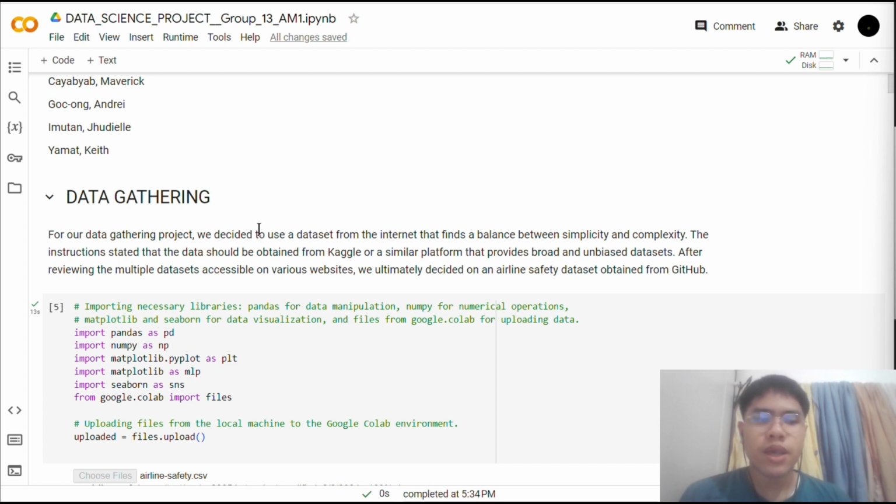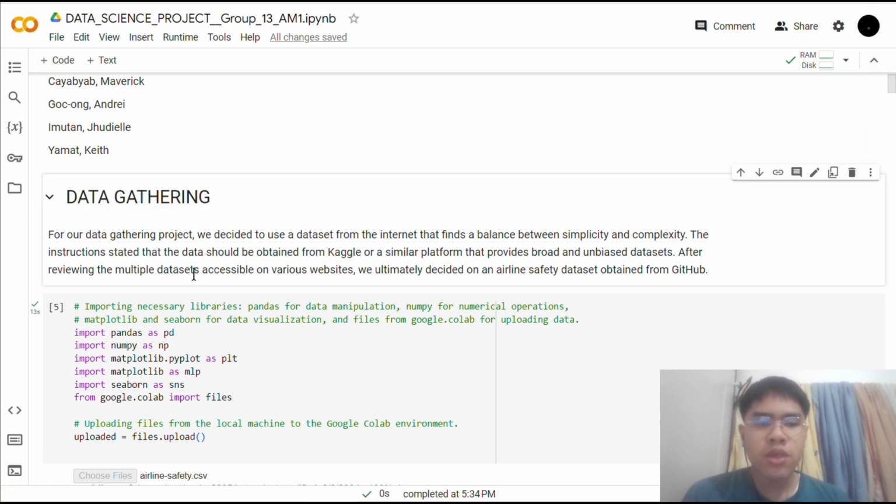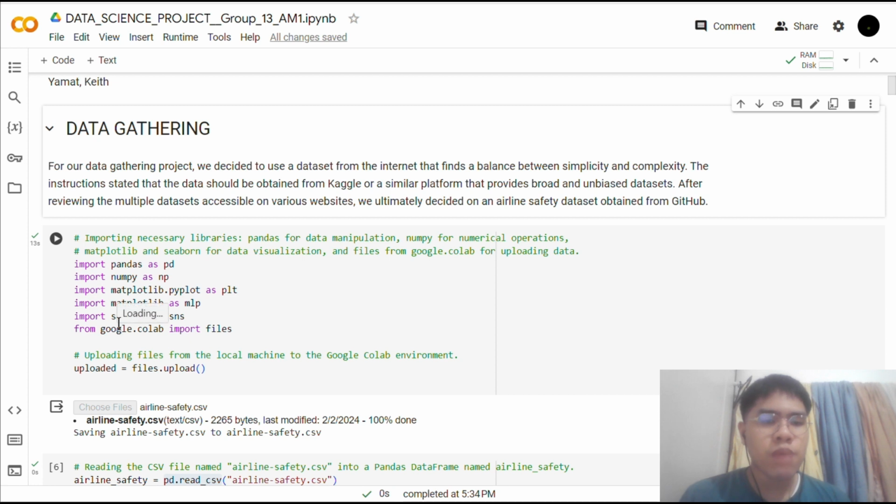The first step is data gathering. For our data gathering, we decided to use a dataset from the internet that finds a balance between simplicity and complexity. The instructions stated that the data should be obtained from Kaggle or a similar platform that provides broad and unbiased datasets. After reviewing the multiple datasets accessible on various websites, we ultimately decided on an airline safety dataset obtained